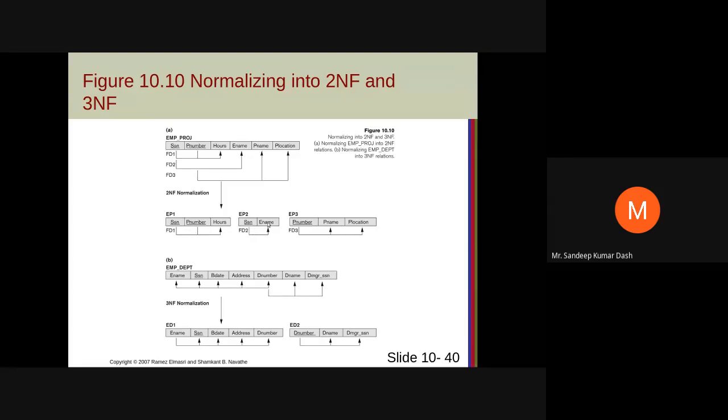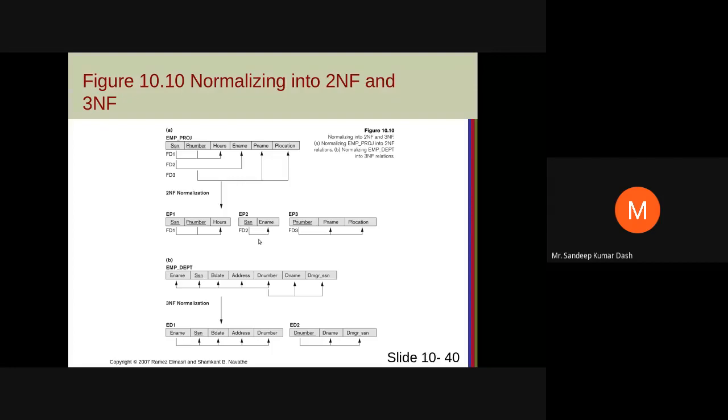Now this is also a non-prime attribute which is dependent only on SSN. So this is also full functional dependency, because there is no way you can divide this any further, because SSN is a single attribute. In this case there are 2 attributes, so you have to check whether they are full or partial. In this case this is automatically full functional dependency. Similarly this one also. So these 3 combinedly are now in 2NF.